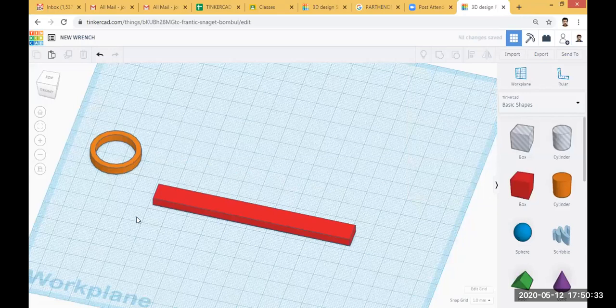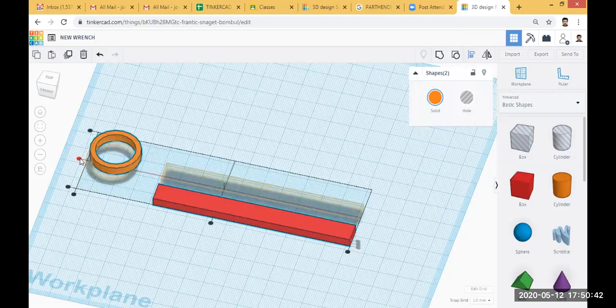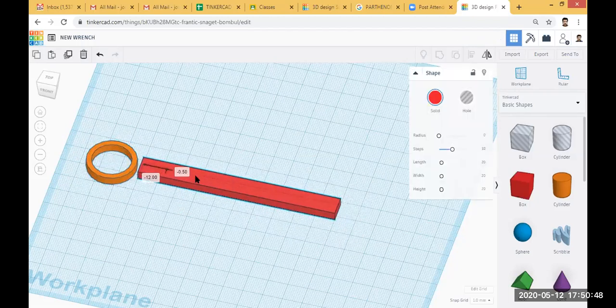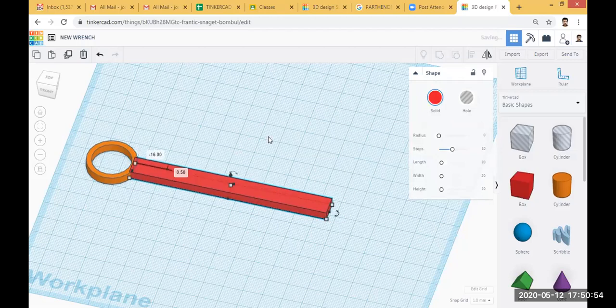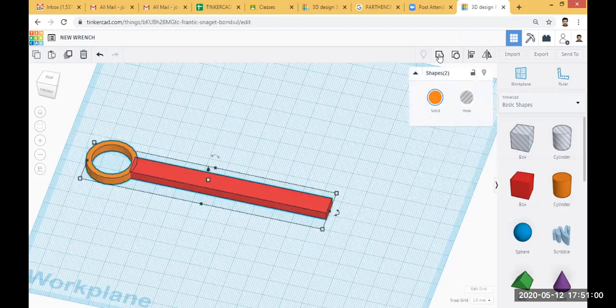Okay, so I will select these two objects, then click the align button. Then first I will align these two objects.